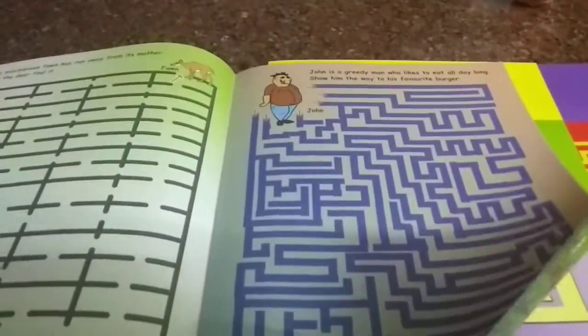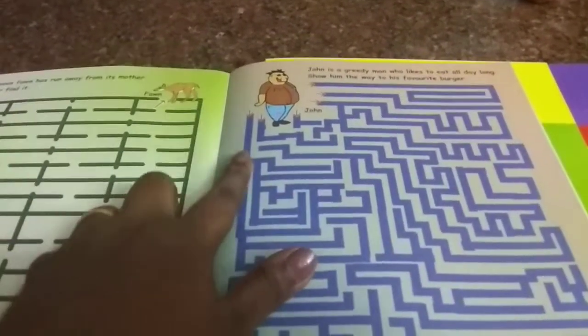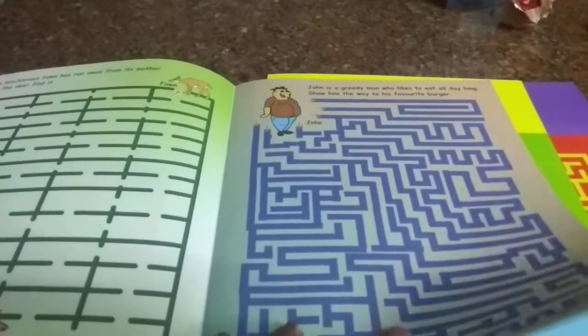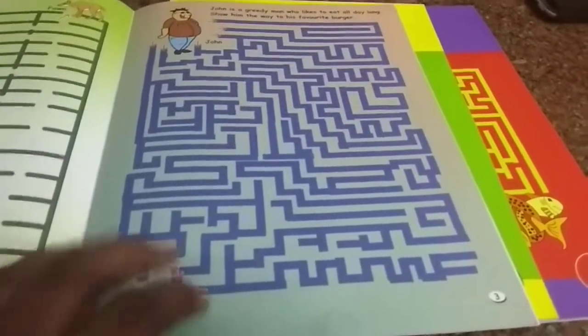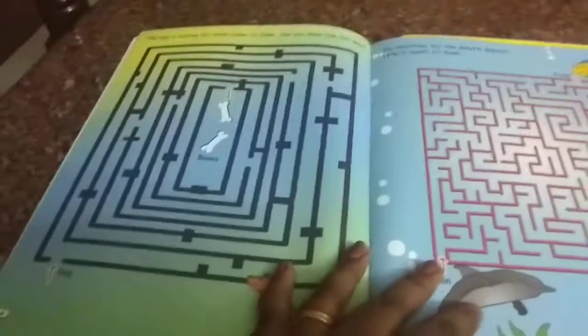These are a little higher, with a higher difficulty level, because you could see there are about 1, 2, 3, 4, 5, almost 5 plus options to start with. So they have to reach this burger through one way or the other. So it takes a lot of